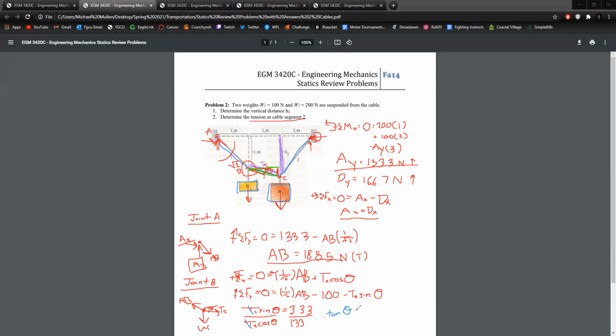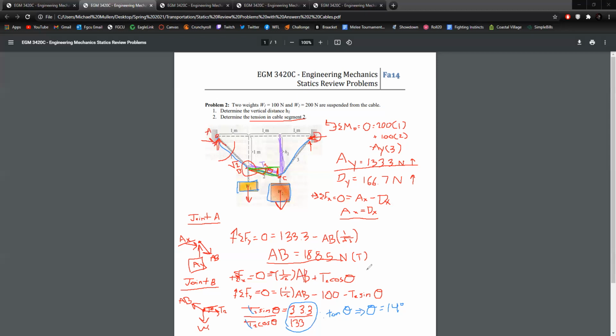This will come out to be a number, and therefore we can take the inverse tangent of this, and we can say that theta is equal to 14 degrees. So now we know our theta. We can go back to one of these equations. Let's say we go back to the sum of the forces in the x direction, where we have minus 1 over square root 2 AB, which is known, plus T2 cosine theta, which theta is now known. T2 is our only unknown. So we plug in 14 degrees for theta, we plug in 188.5 for AB,